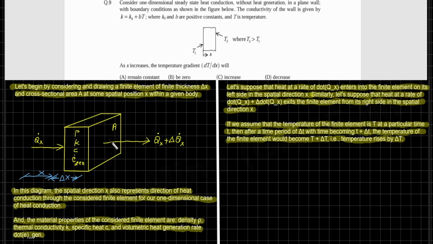Therefore, since the finite element has a finite heat capacity, this finite heat capacity receives heat at a rate of q̇x and rejects heat at a rate of q̇x plus Δq̇x with internal heat generation, alright, causes the change or rise in its temperature by ΔT over a time period or an increase in time by Δt. Alright,